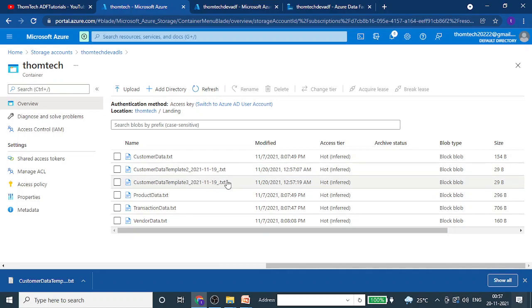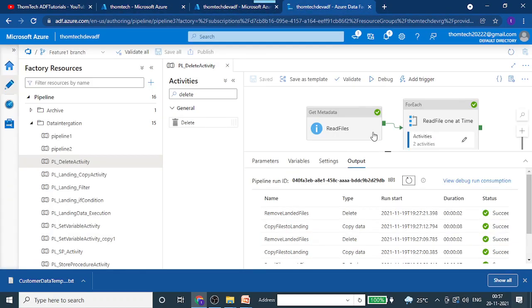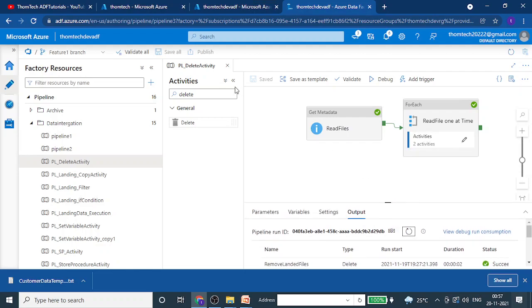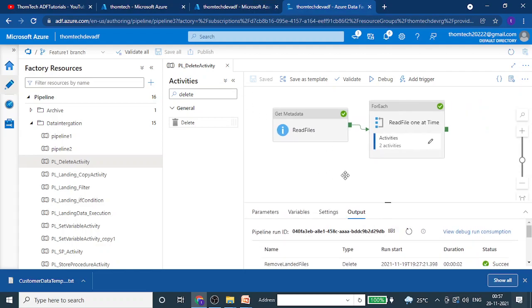Okay, and this time there is an issue. You can see we have unnecessarily included one underscore. So that thing can be skipped. We can go and remove that last underscore in the concatenate, and then we are good to go. So I think now we are pretty much covered and understood what a delete activity is and what it does. Okay, so guys, if you have any questions with this, then do let me know.